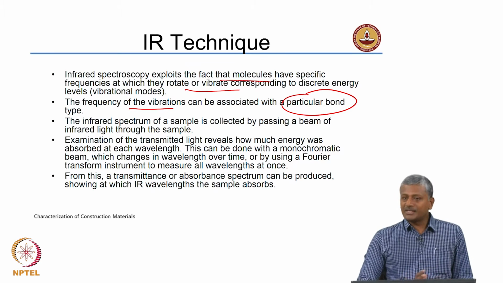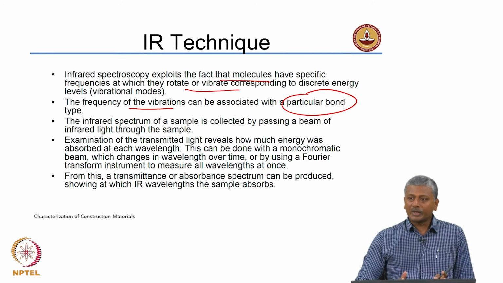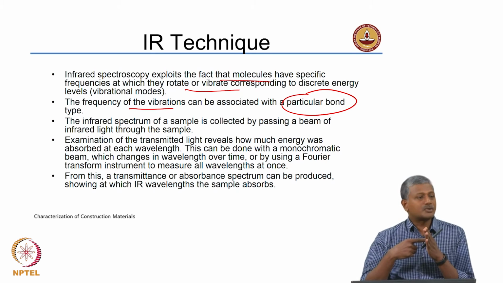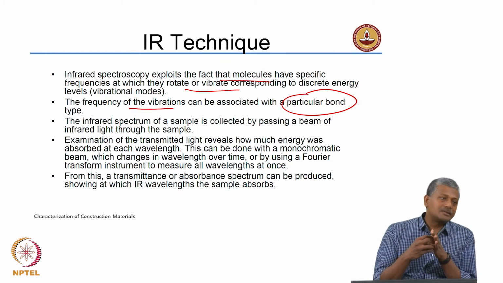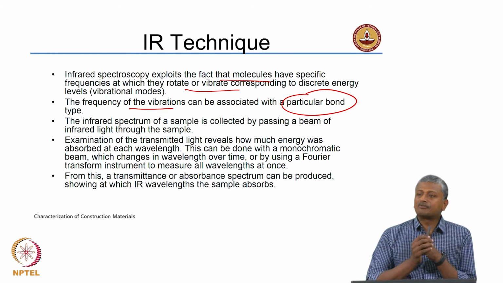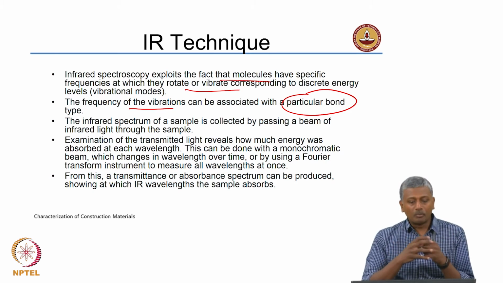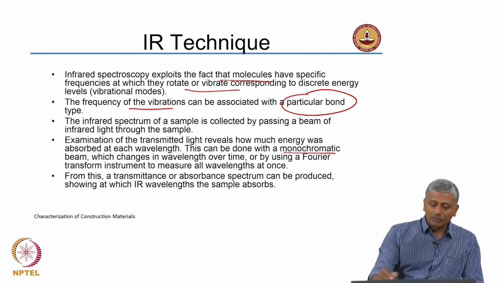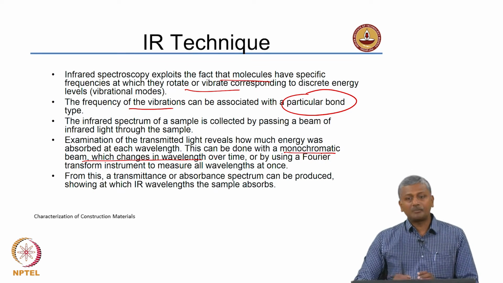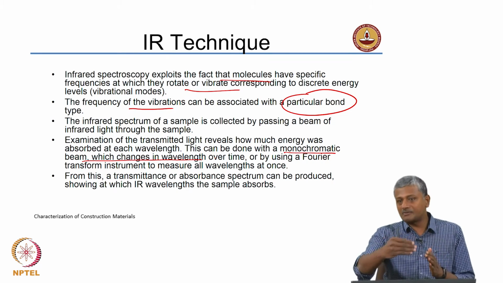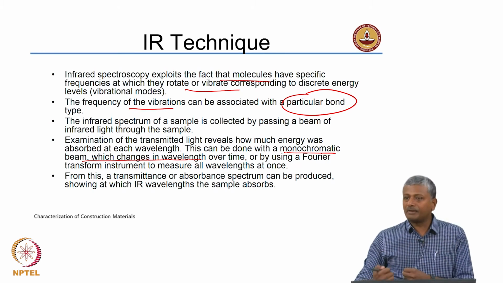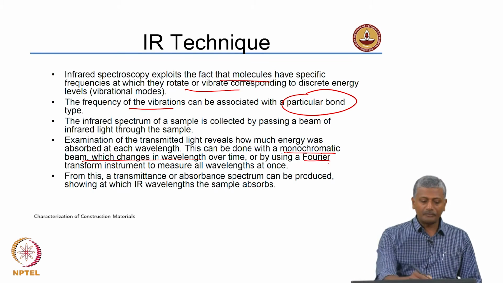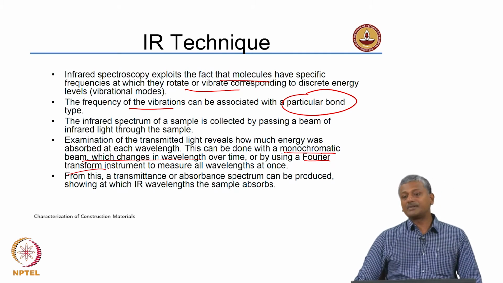Now, we have seen several systems, we saw that you need to actually isolate the wavelengths to send them through the sample, or you can have, in the case of UV visible spectrometers, we talked about the array detectors, in which case you can collect all the wavelengths together at the same time. Similarly, in the case of Fourier transform, to make the technique a lot more robust, either we can use a monochromatic beam which changes its wavelength over time, that means you disperse the wavelength to very specific ranges, or you can collect all the wavelengths together and do a Fourier transform, to measure all the wavelengths at once.